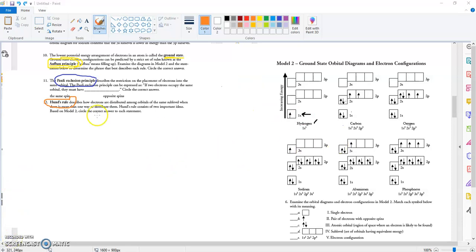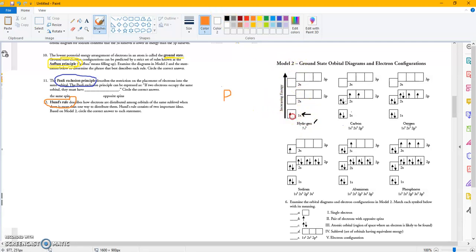All right, and then finally, Hund's rule. Hund's rule applies to p and d and f orbitals. If you notice, p orbitals have 3 orbitals inside the p area, and d orbitals have 5 and f orbitals have 7, sorry, 7. So if you look, carbon has its electrons spread out. Hund's rule states that you would never, let's pretend this is carbon again,